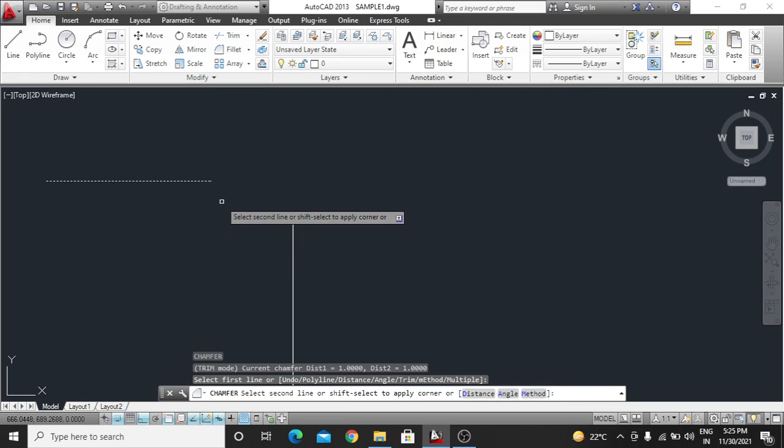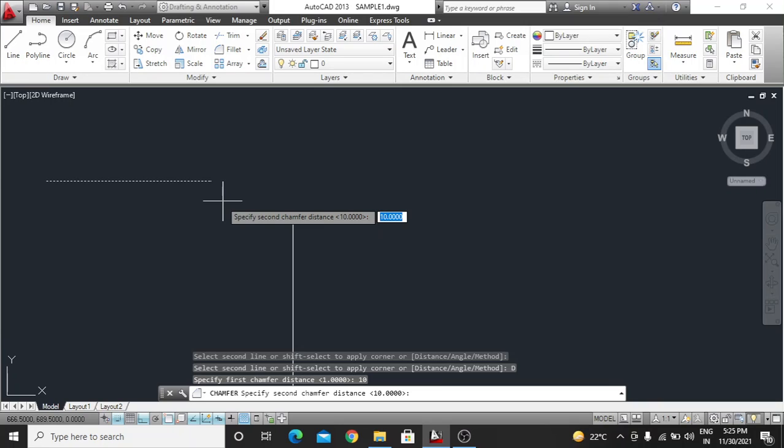After clicking, press enter, and again press the D key and enter. Now it is asking for the distance. I am taking 10 and pressing enter. Again it is asking for another distance, the distance from the first line and the distance from the second line.